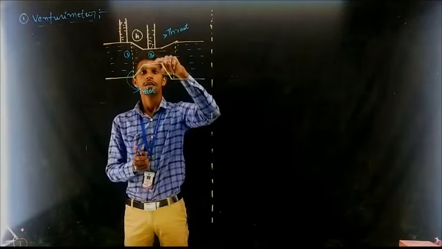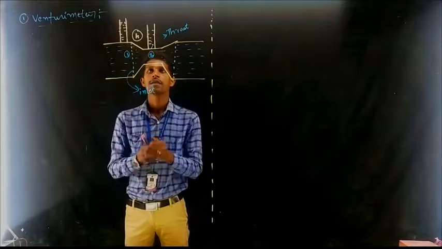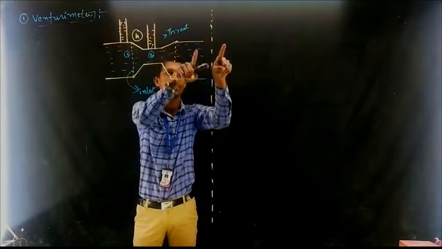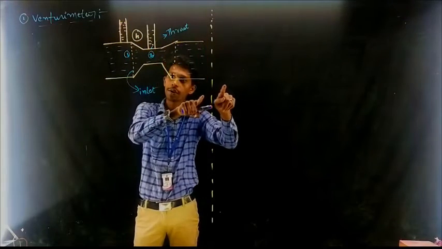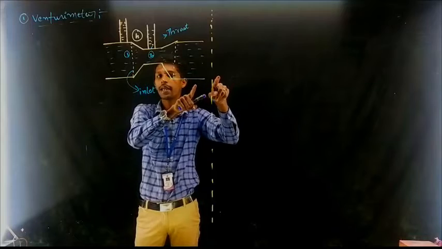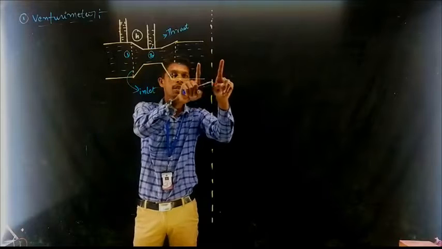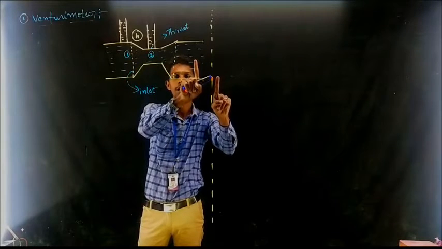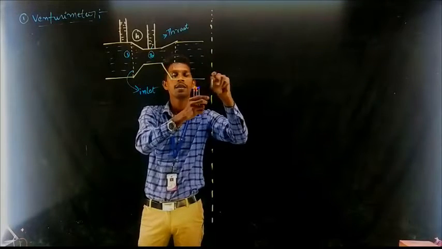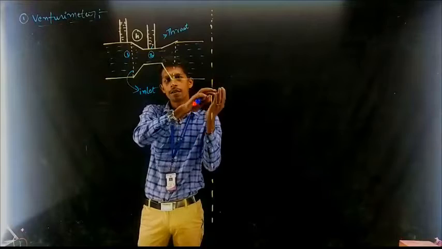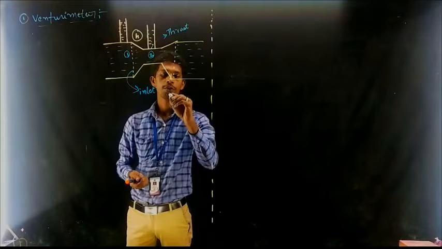To note down the pressure difference among the two points, these two points are connected to a differential U-tube manometer. In the U-tube manometer, mercury will be there inside. If a pressure difference happens between the inlet and throat, the mercury level inside the U-tube manometer will change. There we have to find out the difference of mercury level inside the manometer. Then by using the formula, we can measure the rate of flow Q.